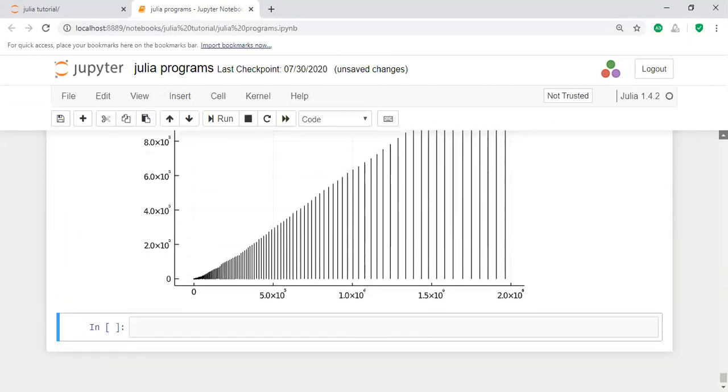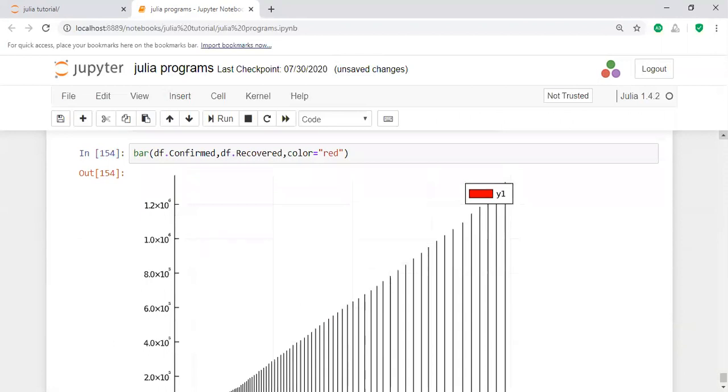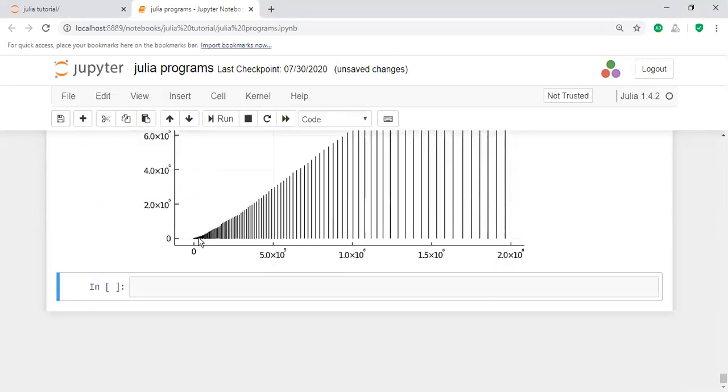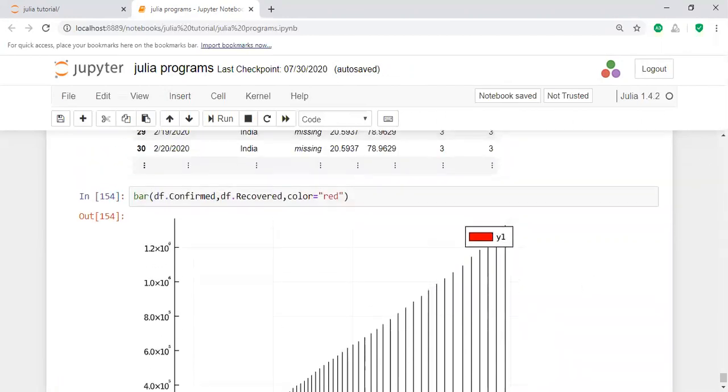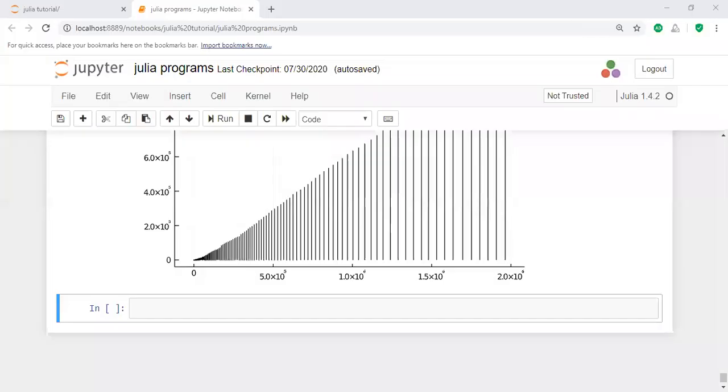This is the confirmed information and then the recovered information. In this way, at the beginning stage the COVID confirmed cases, in addition, recovered also increased here in India. Okay, this is some analysis on data. Okay, thank you.